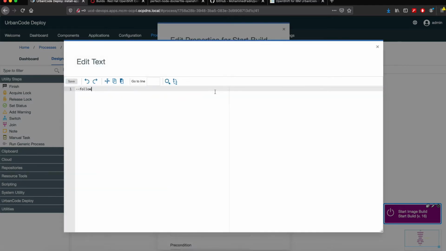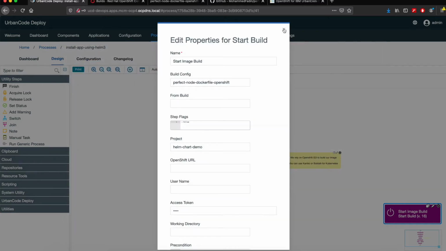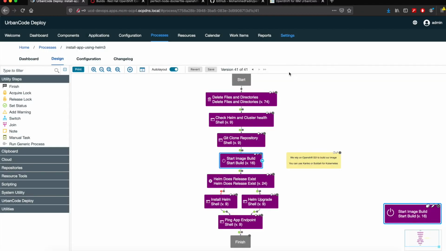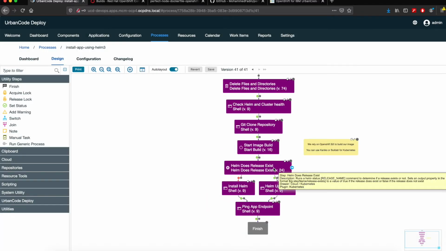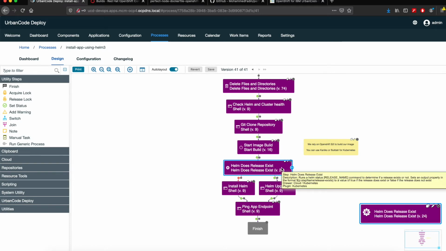Basically, I have a flag called --follow, and this flag allows you to actually follow the process of building the image, so that UrbanCode Deploy will fail if the image for some reason did not build successfully. Okay, and then here I have a Helm does release exist, and this is a very critical step